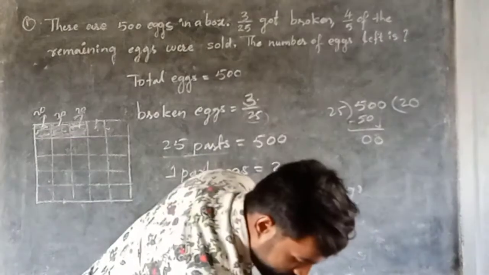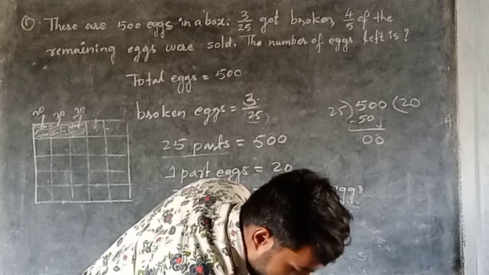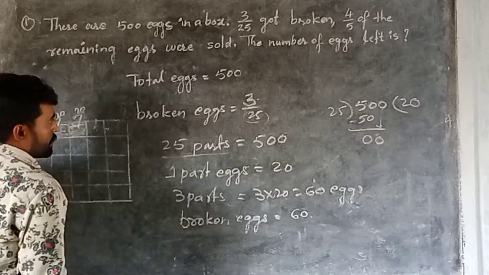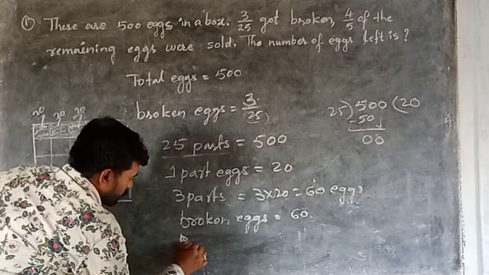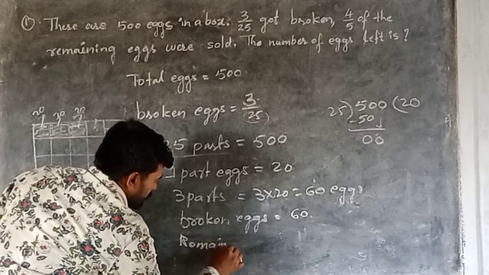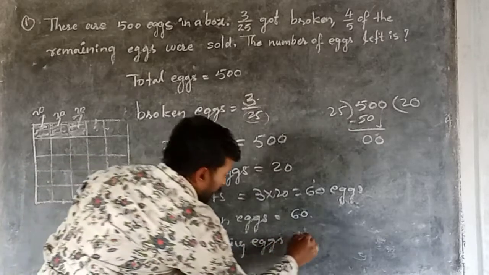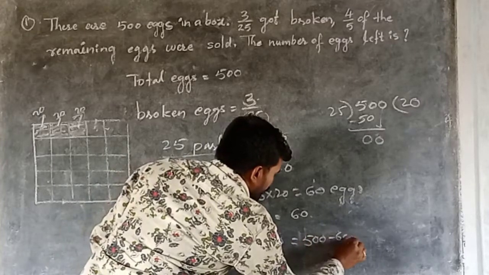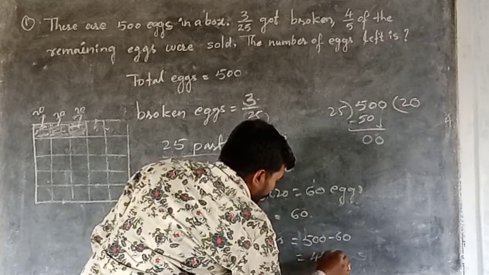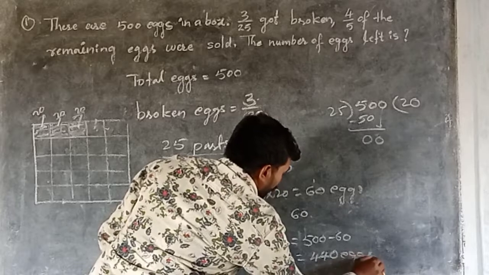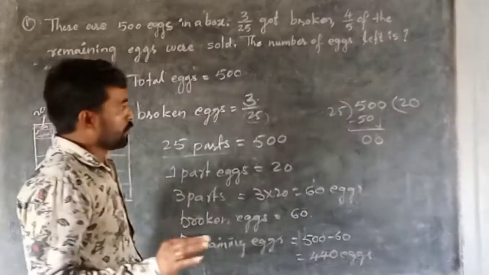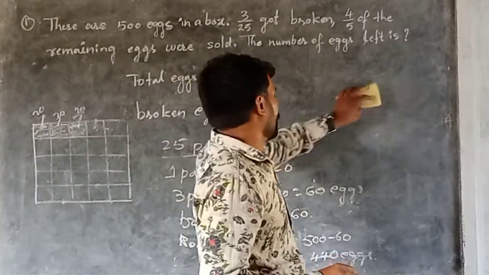Let us do this solution. Yes, remaining x, broken x this much. Then remaining x: 500 minus 60 is equal to 440. 440 x are left with you. Okay. Now